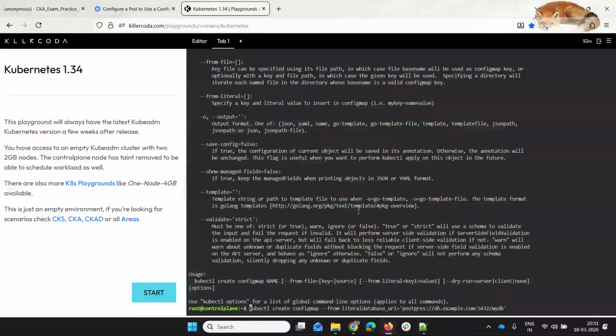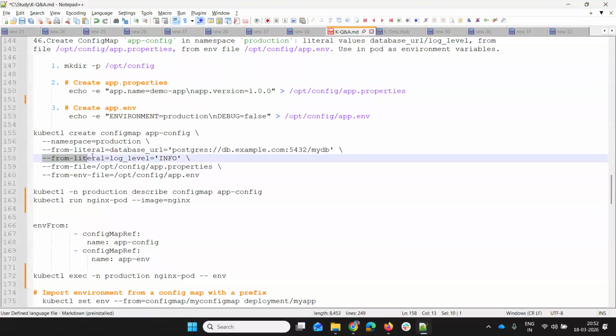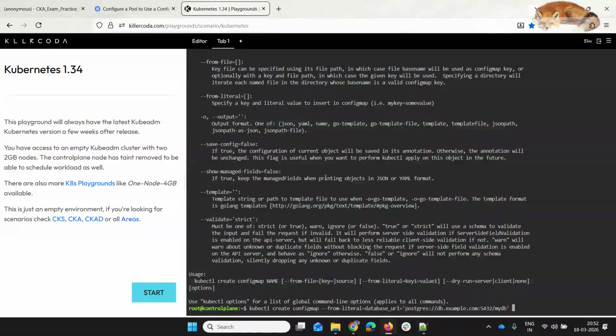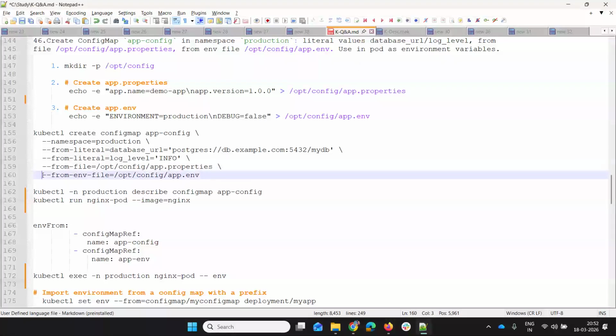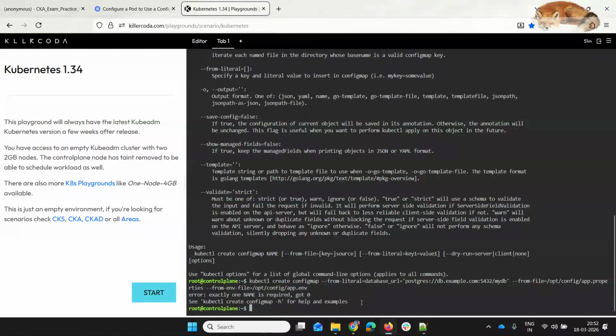From-literal equals database and value. And that means key and value. Then there is one more literal. I think this will be fine. So from-file, right? Okay. From-file of that particular file I need to use, and from-env-file of that particular environment file I'll be going to use. Now it shows me an error because